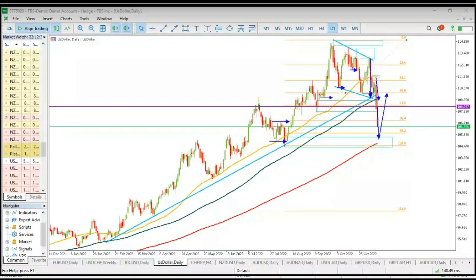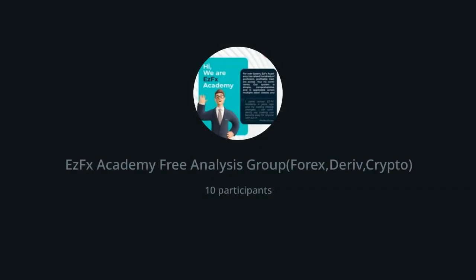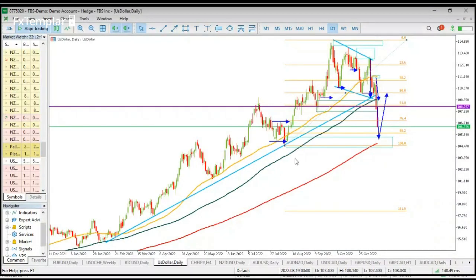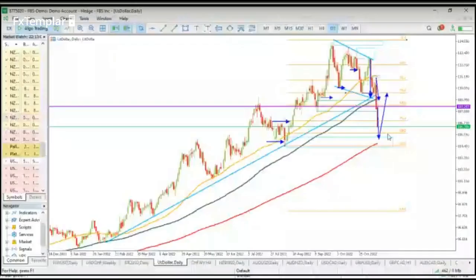So looking at the charts, this is the US dollar chart, and it's usually where we start from. You can see over here we are having a classic AMD kind of pattern. This is the accumulation. The week gives us the manipulation, that short week out of that base. Then we've seen the distribution, and right now price is coming back to this other block to give us a reaction,